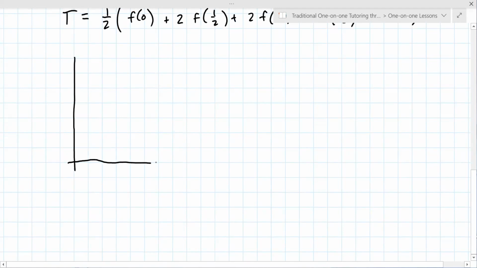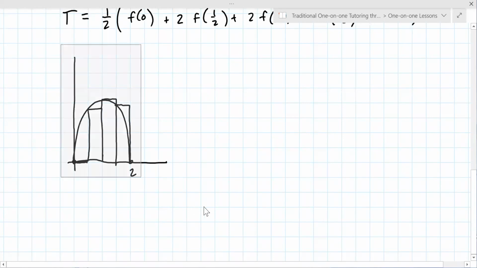So let's pretend this is 2 here. So let's just say it's like this. If it's left sums, it's hitting right there at the origin. So that first rectangle is there. And then that one looks like that. And then that one looks like that. Yeah. So on. But if it's right sum, you're hitting it